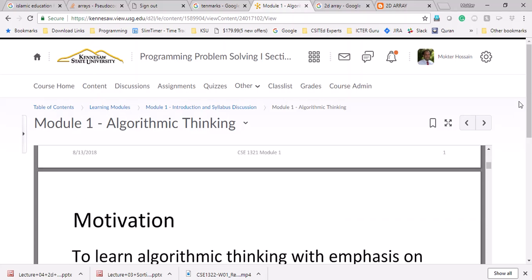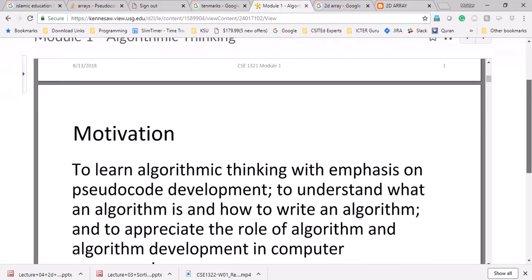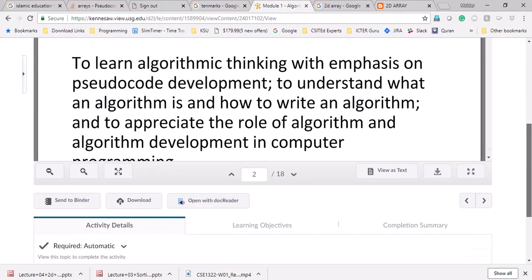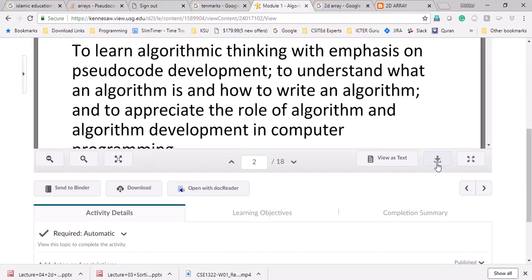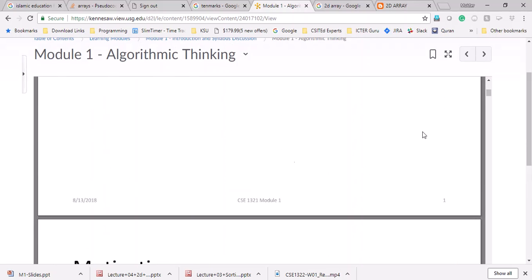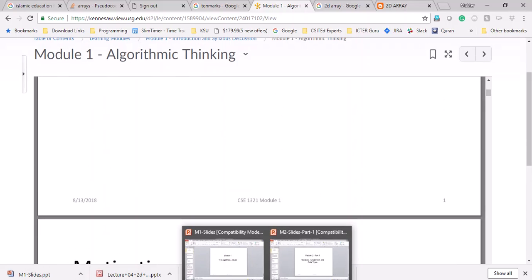But if you scroll down from the right side, a larger scroll bar, then you will see a download button over here. So click on this download button, then it will be downloaded as a PowerPoint file. If you see module 1 M1 slide, it has 18 slides, so you can go through this way, or I would like you to download this as a PowerPoint file and then open the PowerPoint file using a PowerPoint viewer,